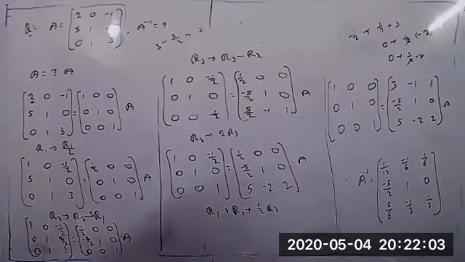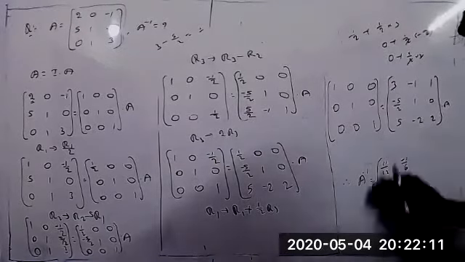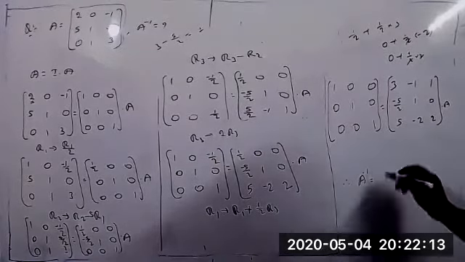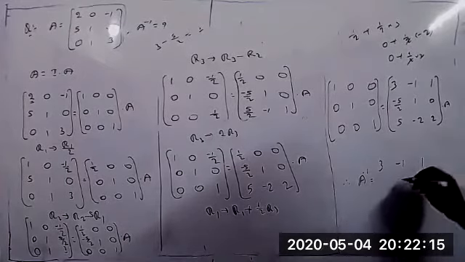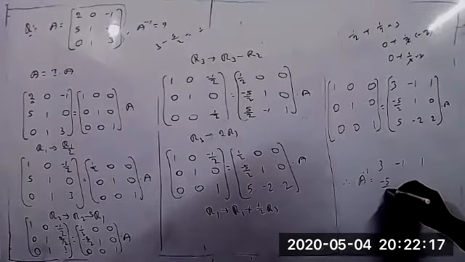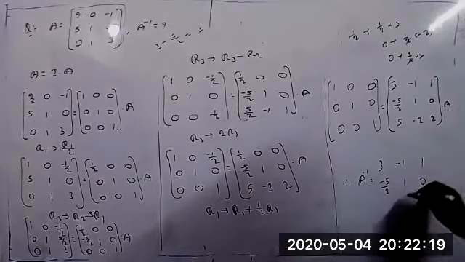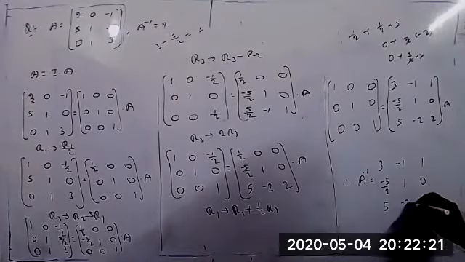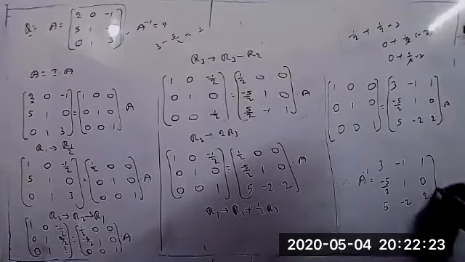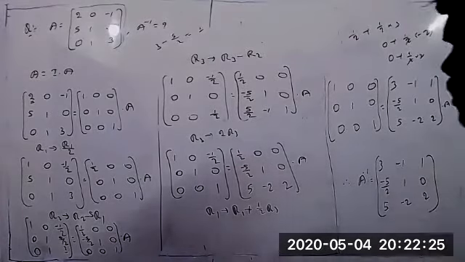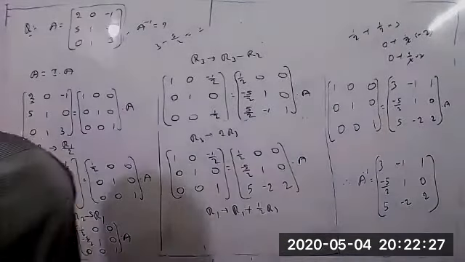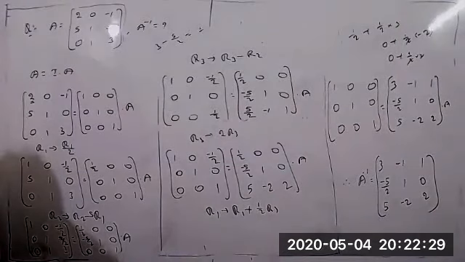It's correct now. So what is A inverse now? A inverse equals 3, minus 1, 1. So when you solve the problem, be careful. Suppose we make one small element mistake, it's enough. We'll get a different answer. Just one small number change here, and directly we got the wrong answer.